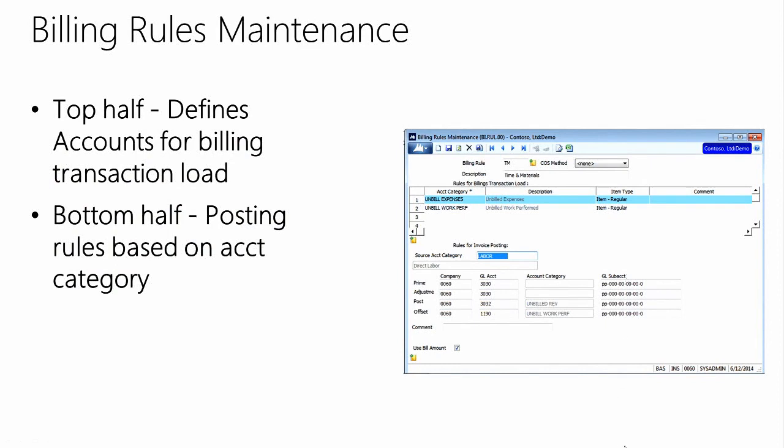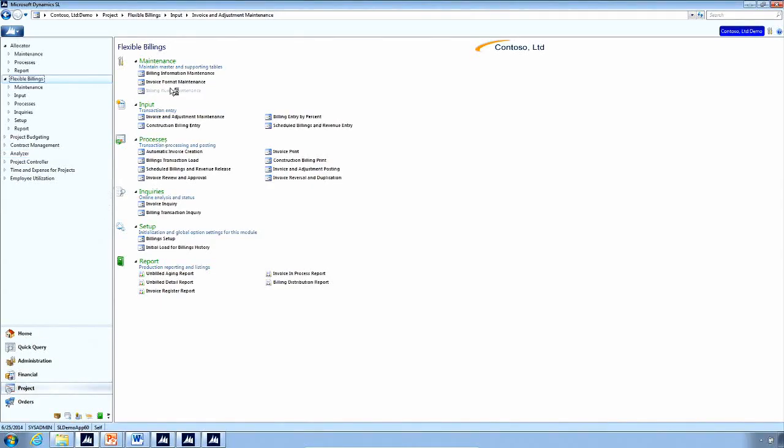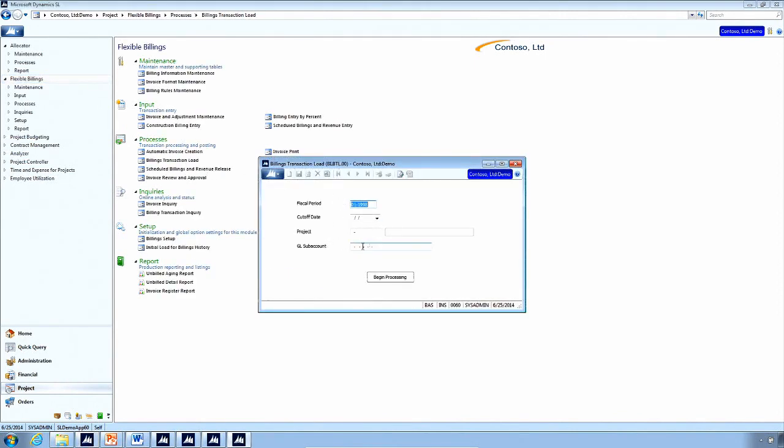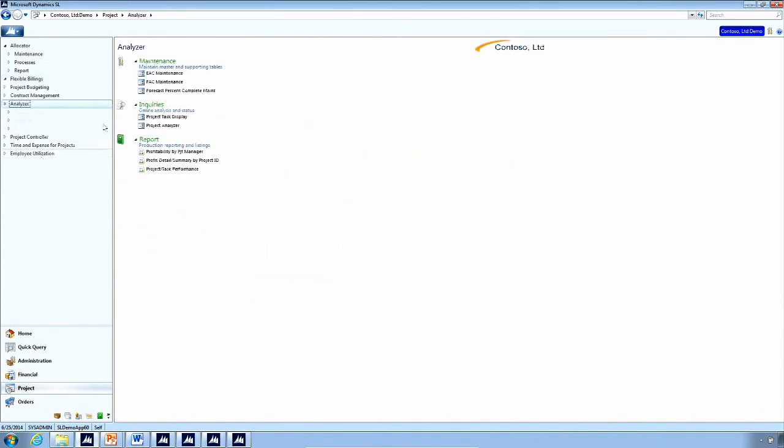The bottom half of the screen is the rules for posting. You'll see that right here. The top half of the screen is actually used by billing transaction load. So when we run this process of billing transaction load, how does it know what accounts to go get? We tell it which project we want it to load, but we also want to tell it which accounts we want to load. Because if we come over to Analyzer,